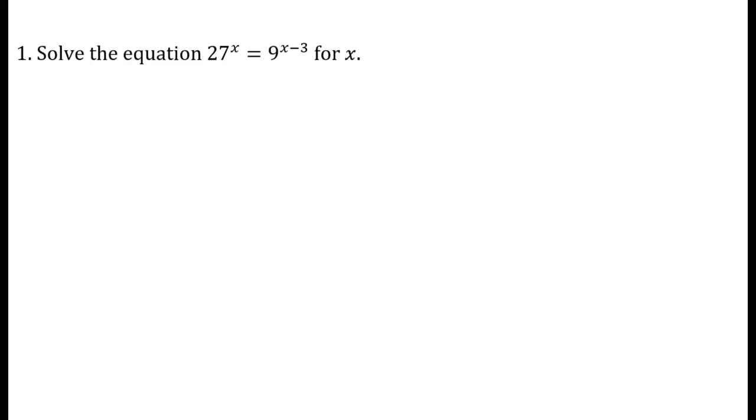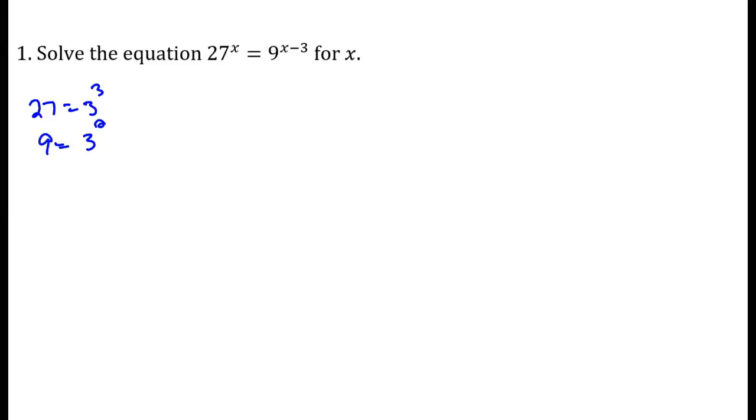Number 1, solve the equation 27 to the x equals 9 to the x minus 3, 4x. So I have two exponential expressions on both sides here, so I'm going to try to get common bases. Are 27 and 9 related somehow? They are, because 27 is 3 cubed, and 9 is 3 squared, so I can get them to have a